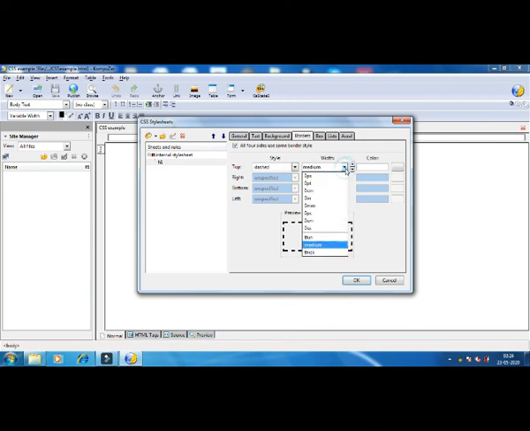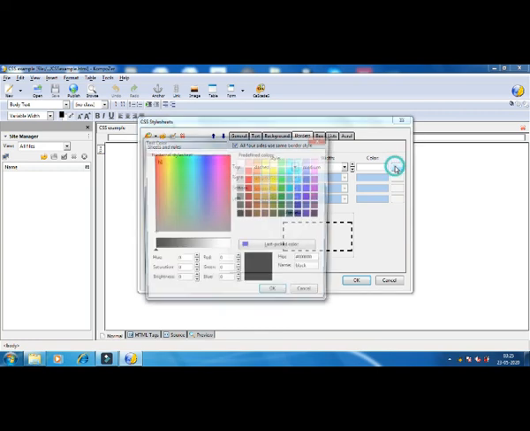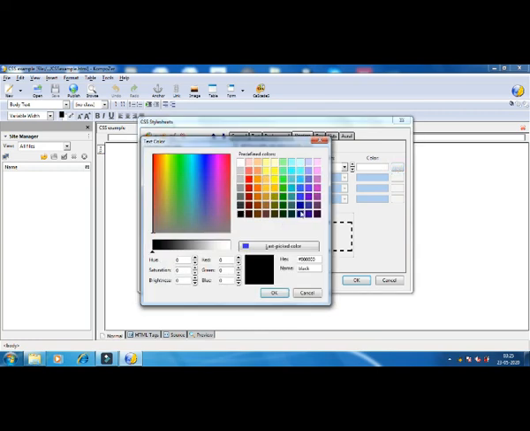Now in the preview box you can see the change. Whatever options you are selecting, it gives you a preview of that border. Color also you can keep here for the border. Press OK.